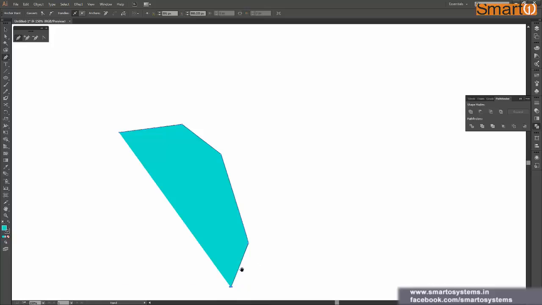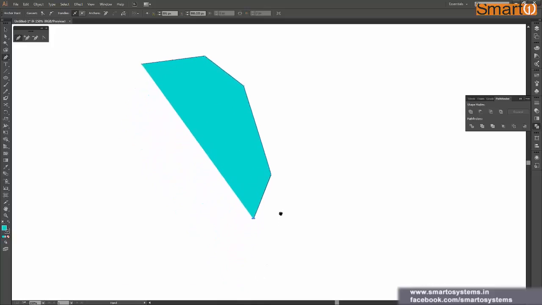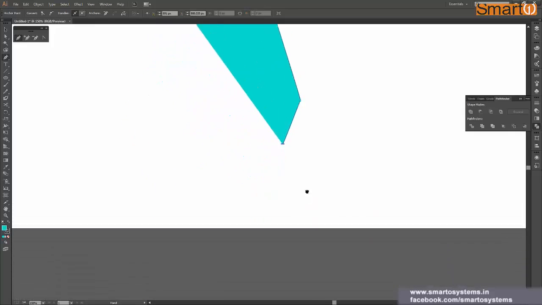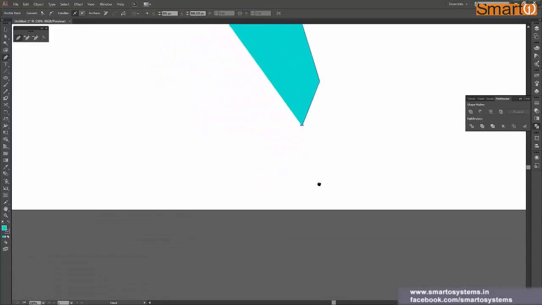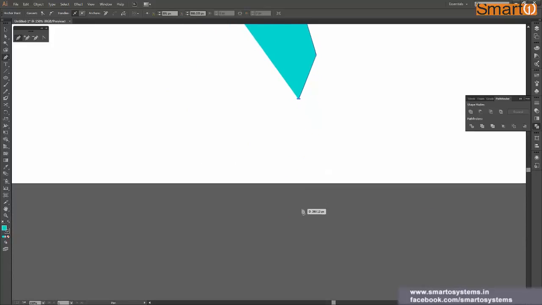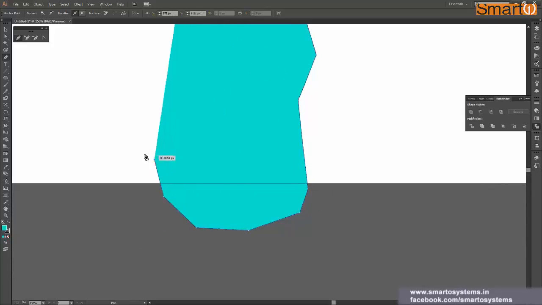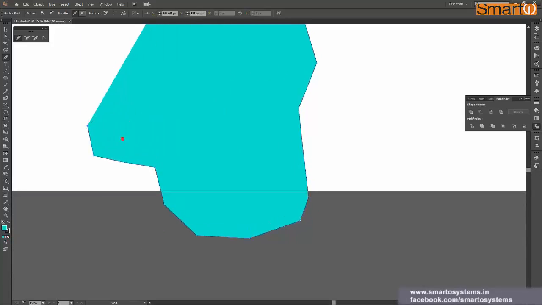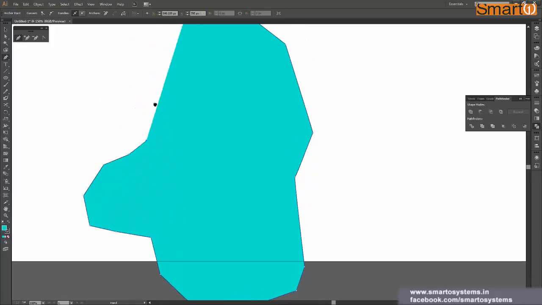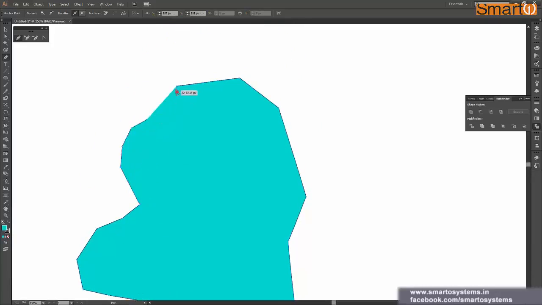This will give you a hand tool on a temporary basis, and then you can click and drag, and once you have reached a sufficiently high position, you can again click and continue your design. So yeah, while using the pen tool, you can just press space and move your canvas and keep drawing like this.